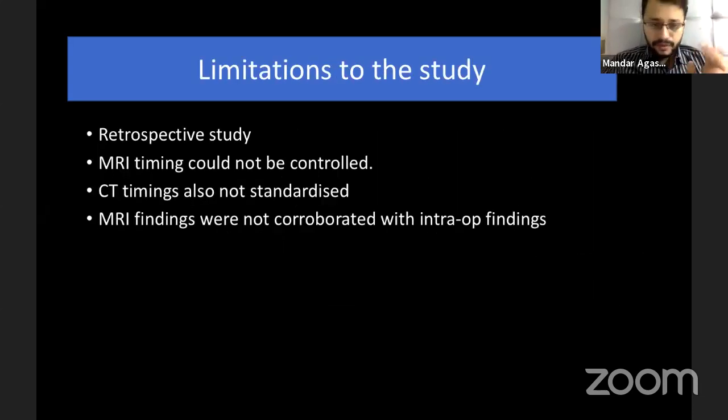A big limitation of this study is that it is retrospective, it's not a controlled study. It's not a good case control where every patient who has undergone an MRI has also undergone a CT scan at the same time. Because again, as I said, it is between 1 to 52 days from the MRI findings, and the CT scan they have not mentioned, but some of the CT scans have been done prior to reduction, which again makes a difference.